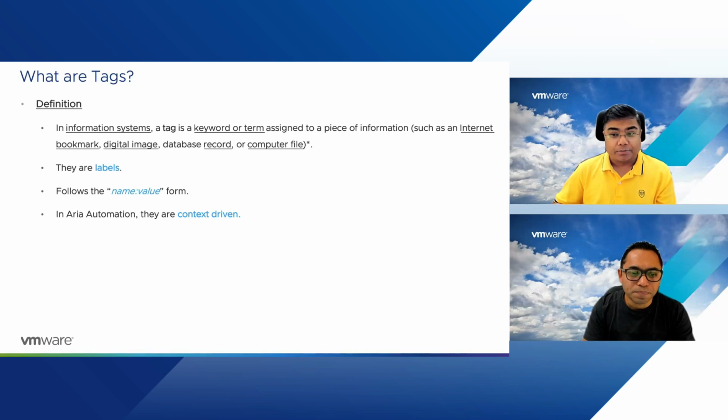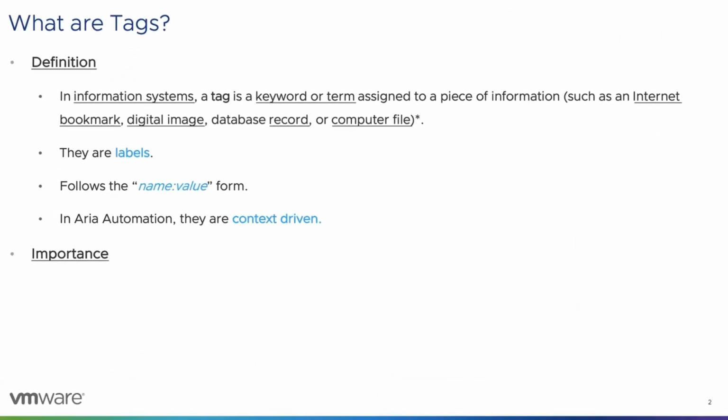Now let's talk about their importance. In terms of the Aria suite of products, or in general cloud today, where we see cloud solutions, it is at the heart of the solution. Yes. If you have a small number of components, say less than 10 or 20, you don't need tags to keep track of things. But when you have hundreds of components, hundreds of VMs in the cloud environment, how do you keep track of everything? That's where tagging is so important.